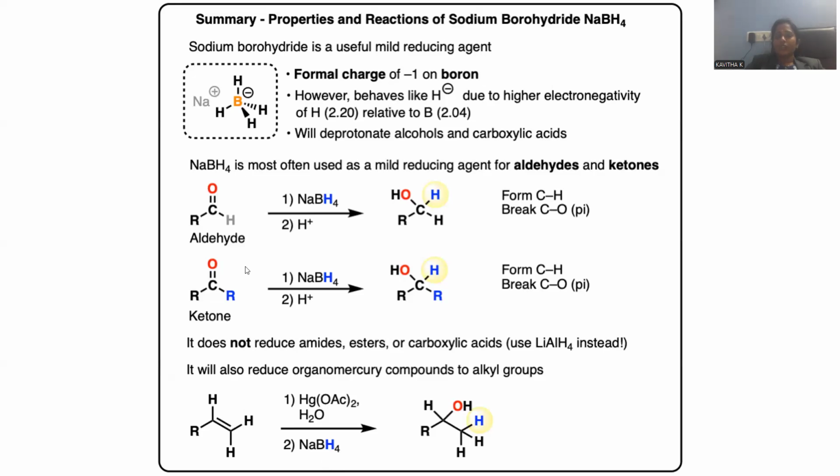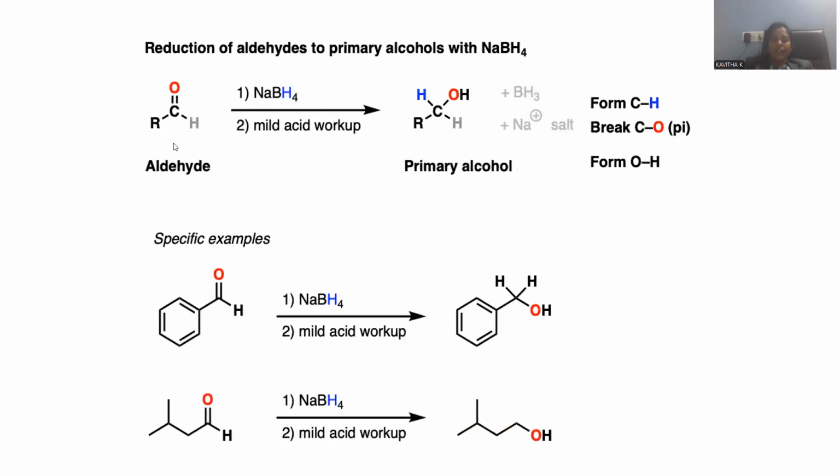In addition to the carbonylic reduction, there is another application you can notice, olefinic reduction, that is under suitable conditions only. Whenever mercury acetate is the reagent added, then only is another step of reduction possible, giving rise to alcohol as the final product. And here you can notice an aldehyde was taken, and sodium borohydride is to be added over there. A primary alcohol is the expected product.